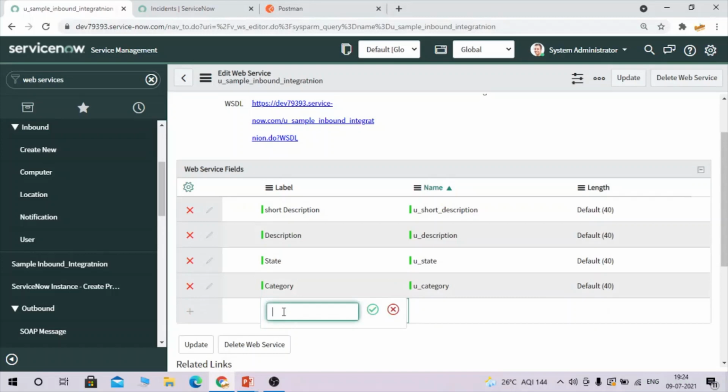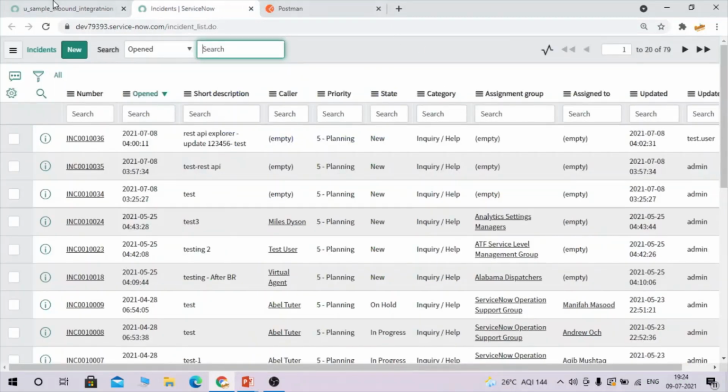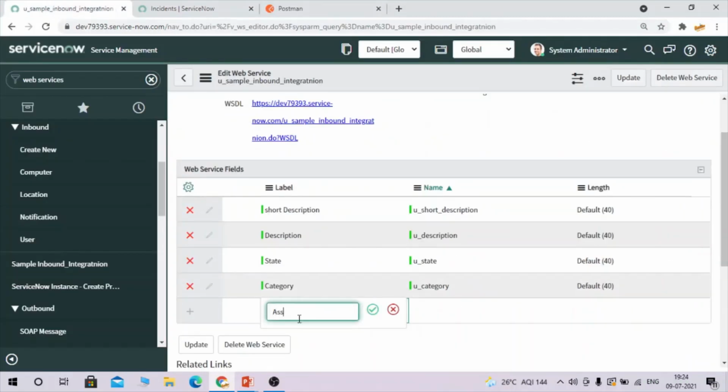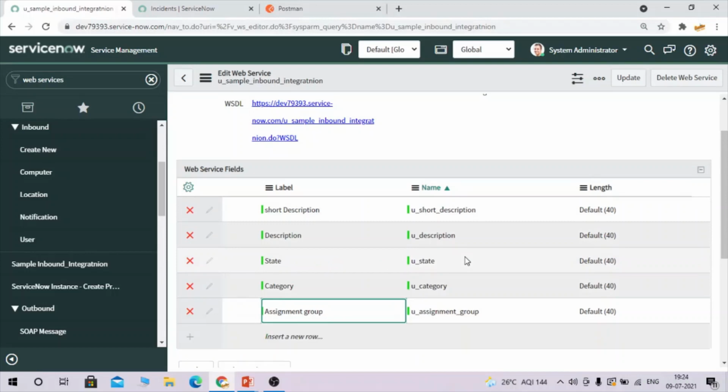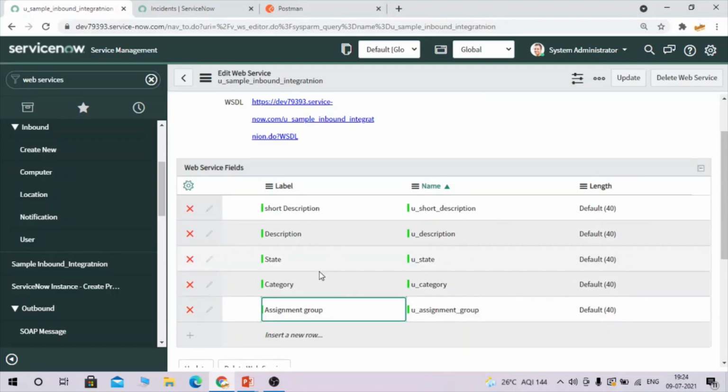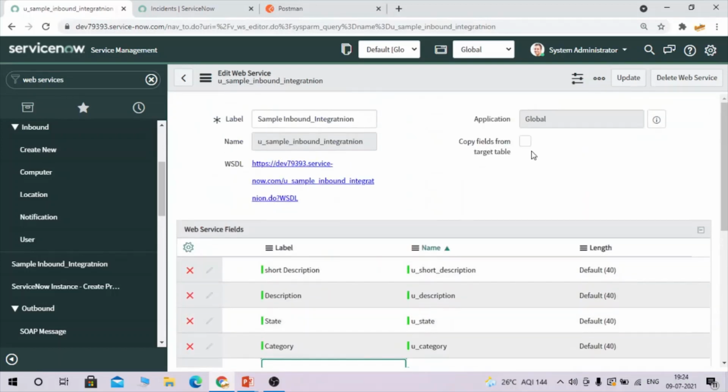Here I am just giving 4 or 5 fields, and you can map however you want. I have added 5 fields. If you want to copy all the fields, you can select that while creating this web service, and it will create all the fields for the incident table.